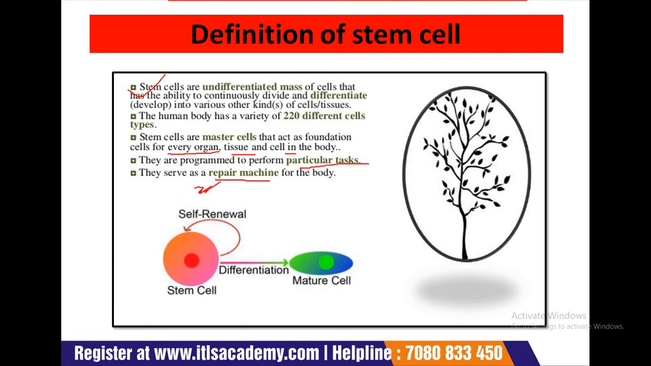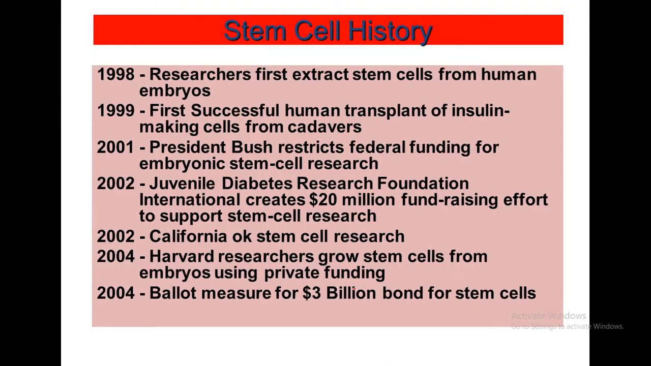Here we can see in the diagram that stem cells are self-renewing cells and differentiate into the different types of mature cells. Now here we can see the history of stem cells. In 1998, researchers first extracted stem cells from human embryos. In 1999, the first successful human transplant of insulin-making cells from cadavers, and in 2001 President Bush restricted federal funding for embryonic stem cell research, and 2002